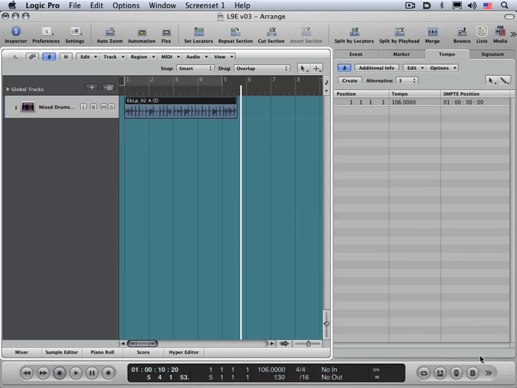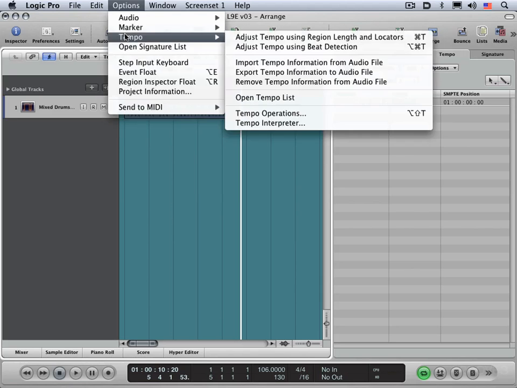First thing we want to do is make sure that there's a setting in the cycle mode here that's disabled. I'm going to control click on the cycle button here, and I want to make sure auto set locators is off. It defaults to being off, but make sure it's off for the purposes of this. And what we're going to do now is drag the cycle length for 4 bars. It defaults to already being 4 bars, but there it is. I'm going to set it to 4 bars because we know our loop is 4 bars long, and I have this selected. So with both that done, I can go now to tempo and go adjust tempo using region length and locators,